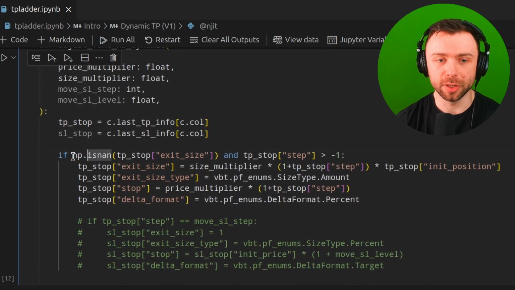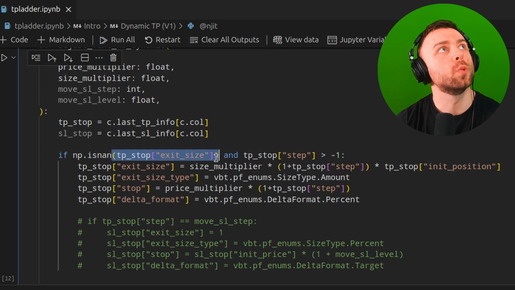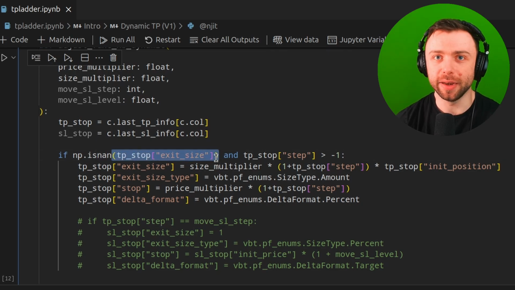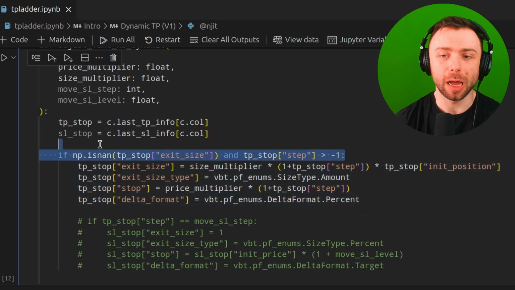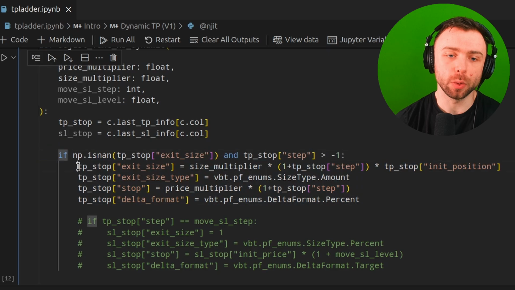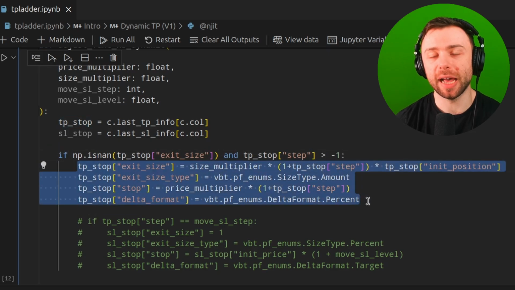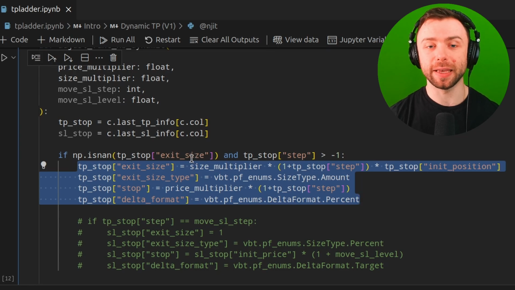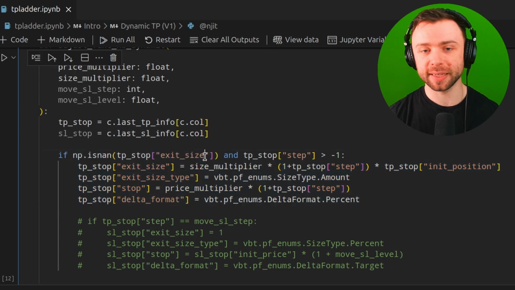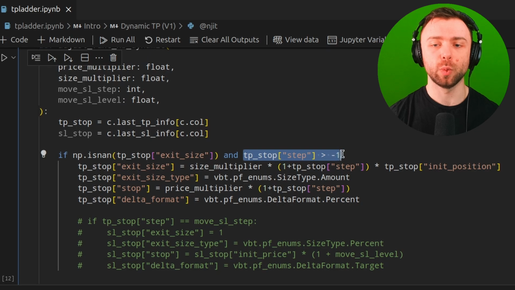Then we have an if statement. So if the exit size, so if the amount with which we're going to exit the next take profit is NaN, so it's undefined, and this value of step is greater than -1, then do what's in here. Now, basically what this does is we only want to run this after the previous take profit has been hit. And what happens when the previous level of the take profit has been hit